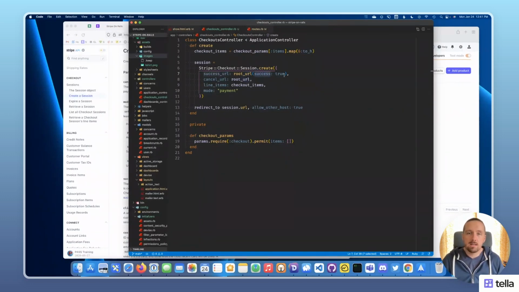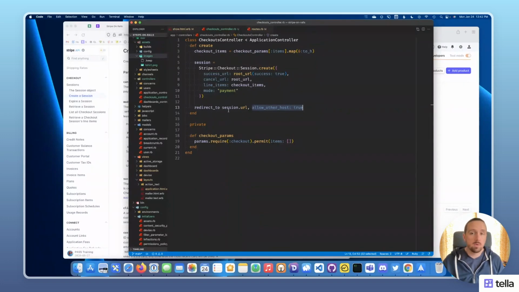I wanted to go ahead and have some way in the interface to say, hey, everything's good. So I'm passing this success parameter over. And like I said up here, we're doing a little massaging of our parameters and passing it into line items. And one other thing I want to throw out here too, and this is new for Rails 7,